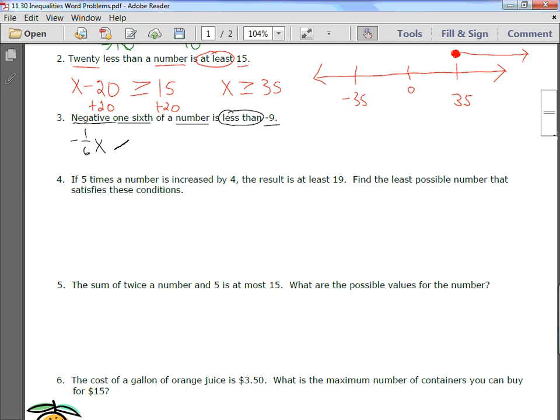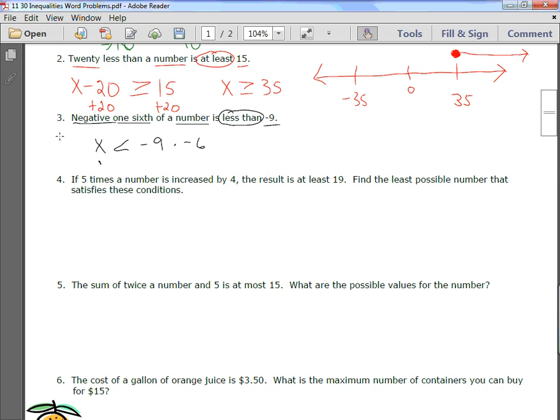I'm teaching the kids that the easiest way to get rid of this -1/6 is to multiply by the reciprocal of -1/6 to both sides. That takes care of this. It actually makes this go away and turns into a 1. So now I have x,